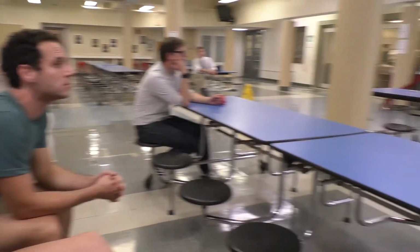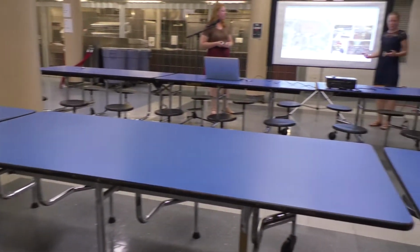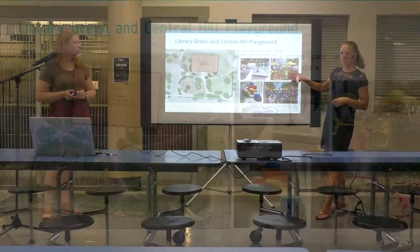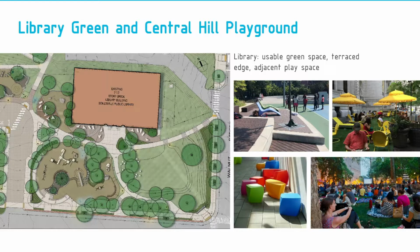So we want to provide a variety of seating types because everybody likes to enjoy their own type of seating. So envisioning some cafe tables and chairs and perhaps... Can you show where on the plan those things will be? Yeah, perhaps some lounge seating, and that will be in these plaza areas in front of the library. Similar to what you have now, the little cafe tables and chairs can also be spread out into the lawn a little bit. Over to this side will be additional seating on